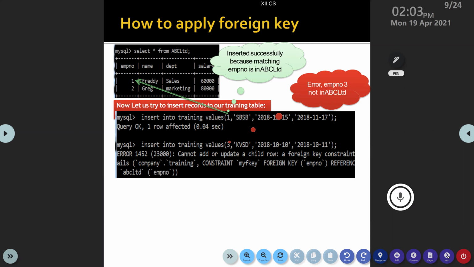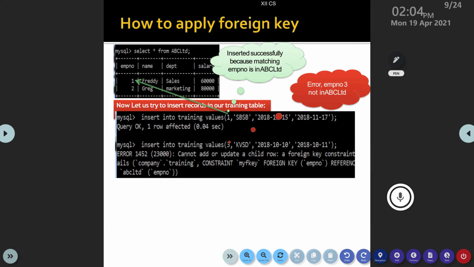Which employee is taking part in SBSB training? Freddie. How did you come to know that? Because that is not specified in training. That is how we are linking the two tables. SBSB is EMPNO 1. And 1 is who? Freddie. So Freddie is attending the training.